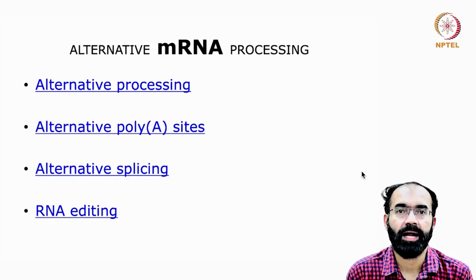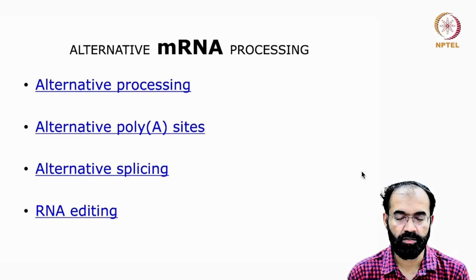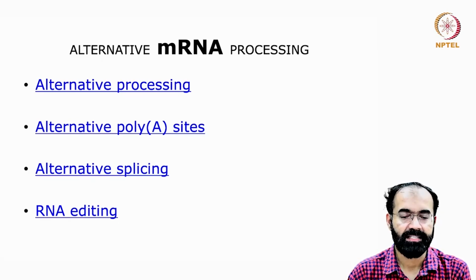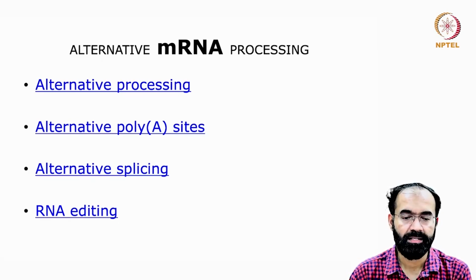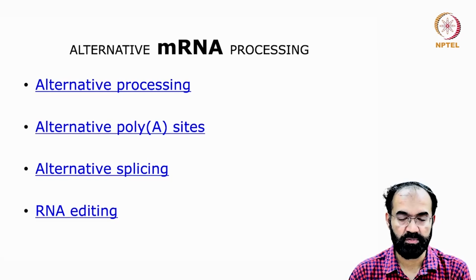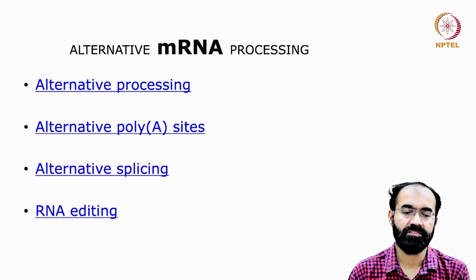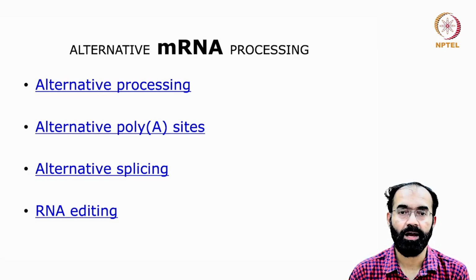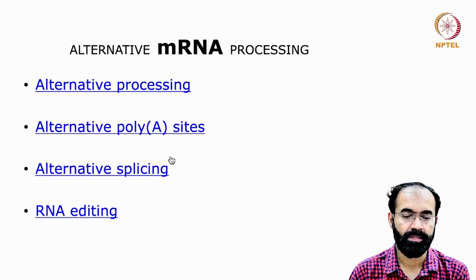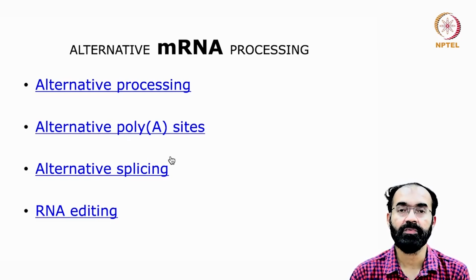Welcome back to another session of RNA biology. In the last class we covered alternative mRNA processing, which can happen in four different ways. One, as the name says, is alternative processing through different promoters. We will see them in detail. Another is utilization of alternative polyadenylation sites, and then alternative splicing,